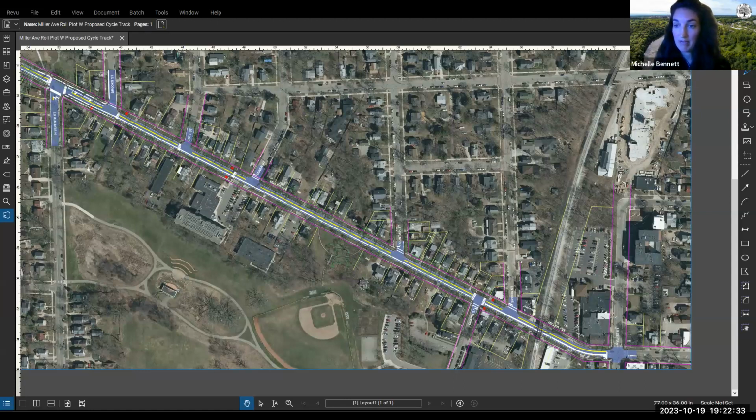So we will be able to get into finer detail at a later date about these questions, of what the cycle track is going to look like, how homeowners are going to be affected getting in and out of their property, if your driveway is going to be affected. All of these questions that you've submitted that we can't get to tonight will be addressed at a later date, like Brian mentioned, likely in January, after we've had a few more months to get into the details and work with all these other stakeholders: utility companies, schools, possibly property owners in the meantime.